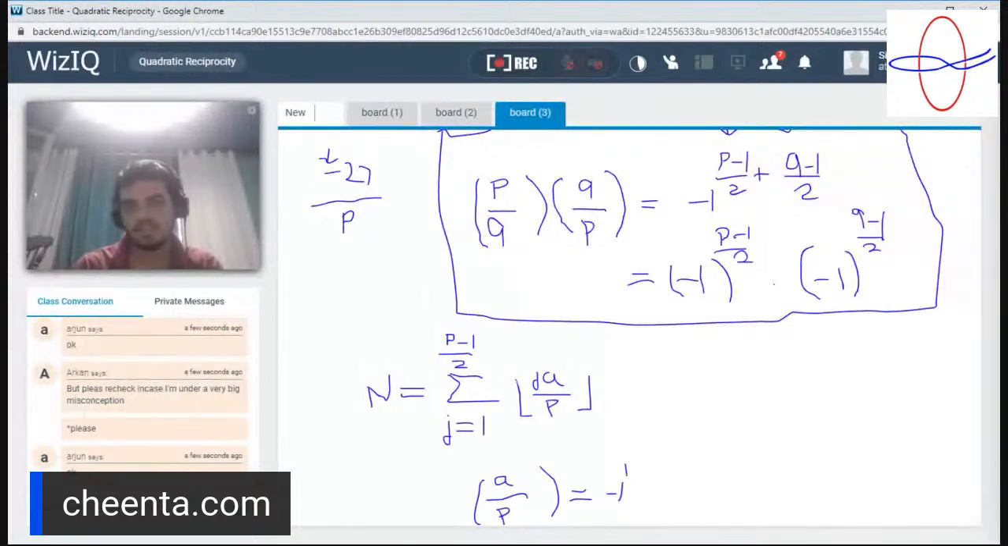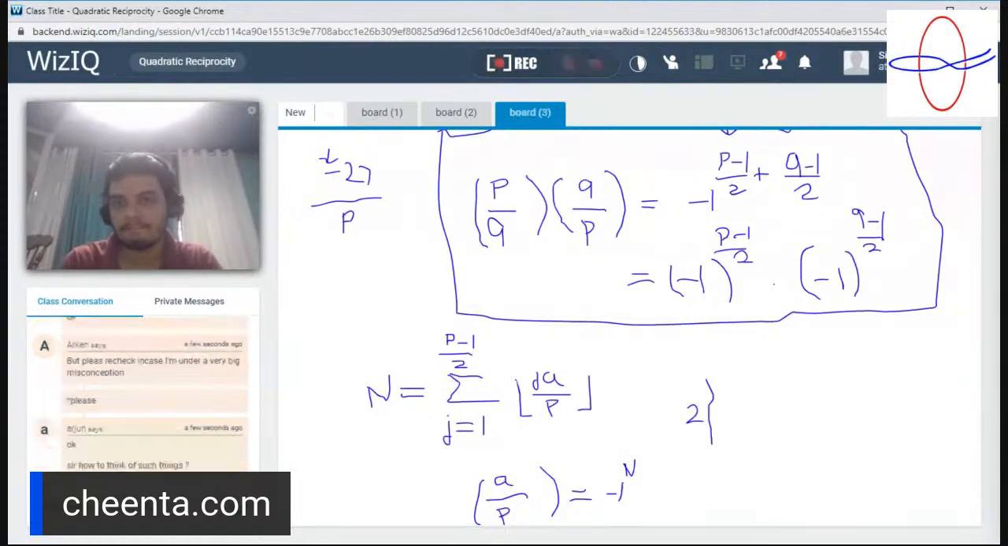And just to complete this, this would be true only if p does not divide A. Or rather, we will prove for the case when this is actually,